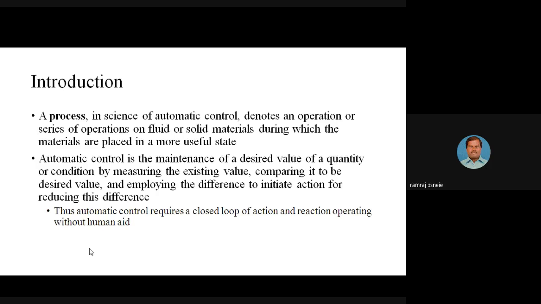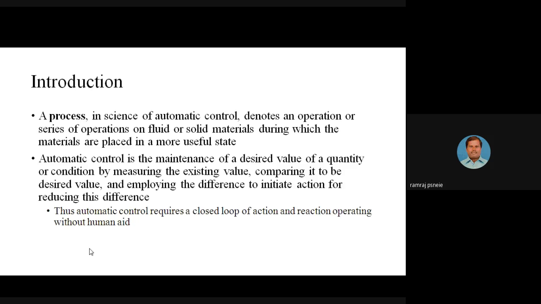What we are trying to say is we just want to maintain the desired value. For example, if you want to maintain the tank level at 50%, it could be maintained by the control system. Otherwise, if you want to maintain the tank at 90 percent of height, that value also you could maintain. I mean, what is your desired value? According to that, you can run the process with the help of the control system.